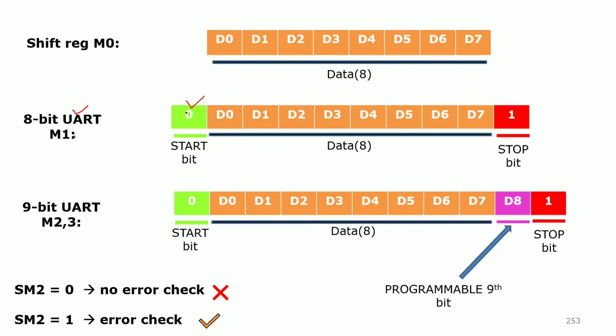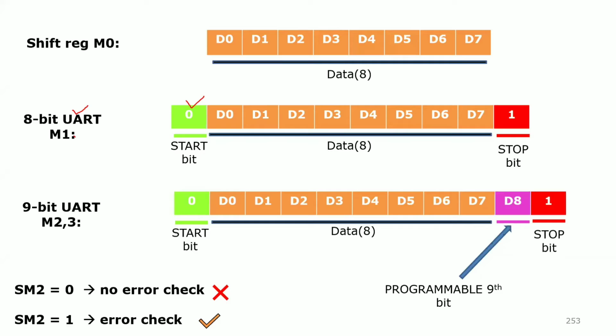So I told you, in any country or any place around this world, whenever you are working with the serial port, the start bit is always 0 and the stop bit is always 1. That means, which is already known to you, for every byte transmission we will get the start bit as 0 and the stop bit as 1. So by using this start bit and stop bit, we will check the errors. I have made myself clear to you, right?